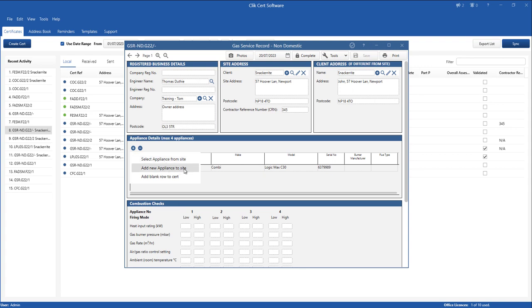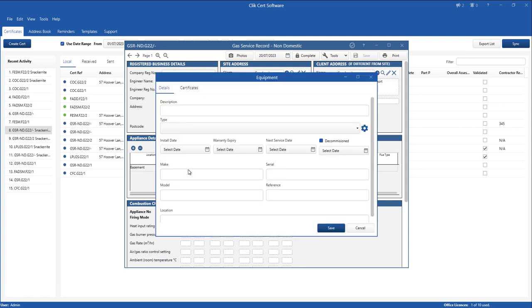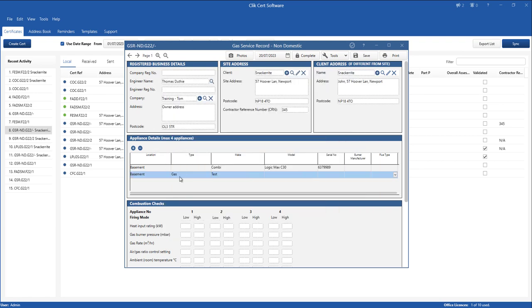So if I hit the add new appliance to site here, it'll bring up this form with the calendar fields. You can just hit the little calendar icon and then it will bring up the calendar here, so you can jump through that instead of typing it in.